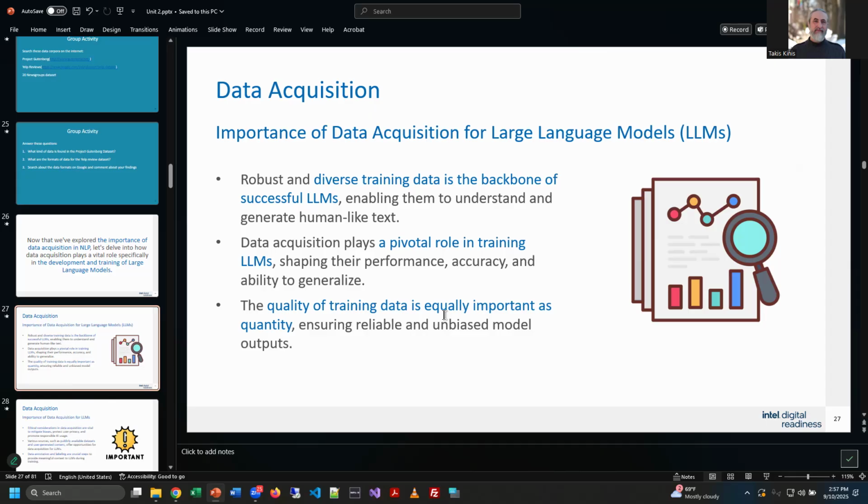So more data, better large language model, right? The better and bigger the data set, the better they understand, and therefore can generate human-like text and responses better, because it has so much to refer to. It's important data acquisition in training large language models. It shapes their performance, accuracy, and ability to generalize, right?